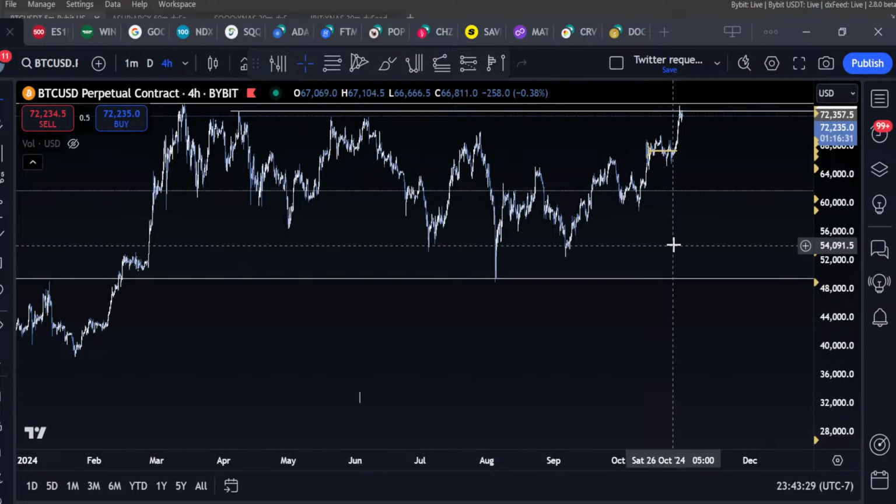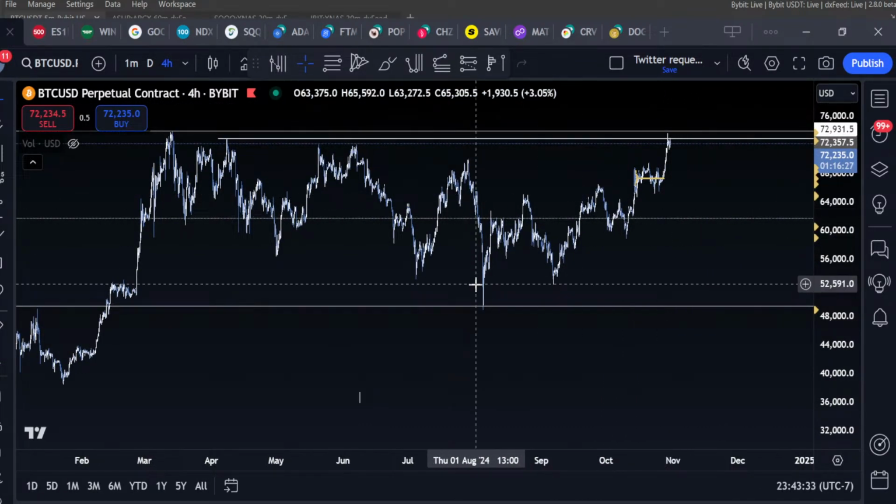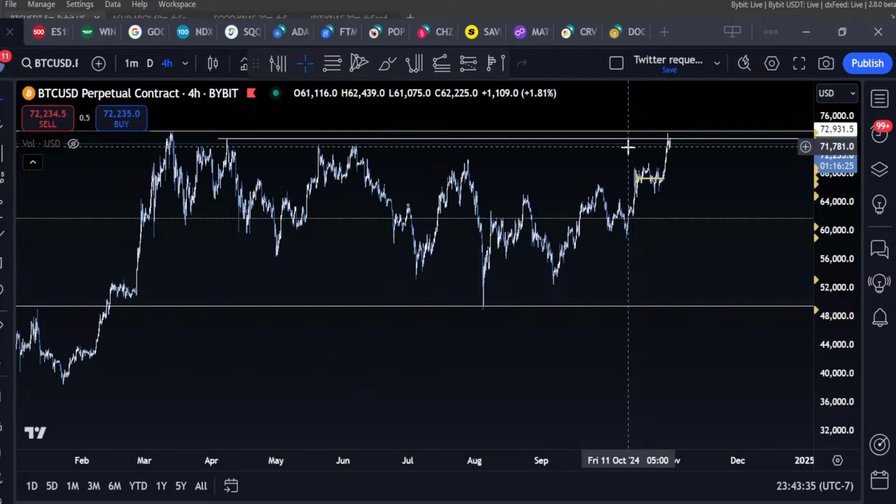I would say that it's poor risk management because there's no reason to stay long at a certain point when you can just wait for a cleaner structured setup. I'm going to be talking about that. And it's the same thing with shorts, right?